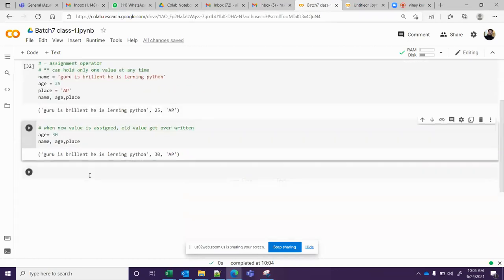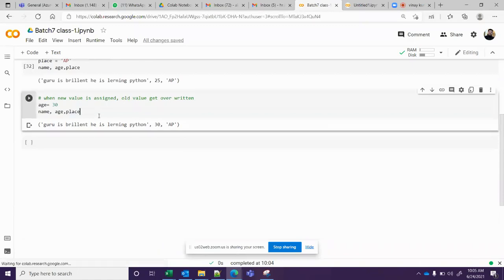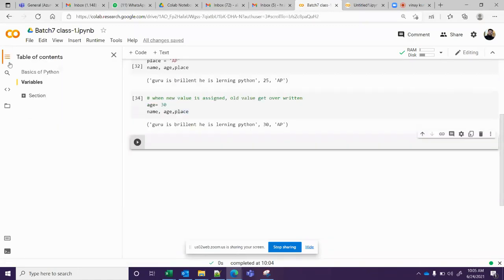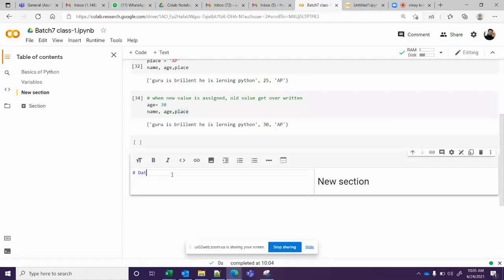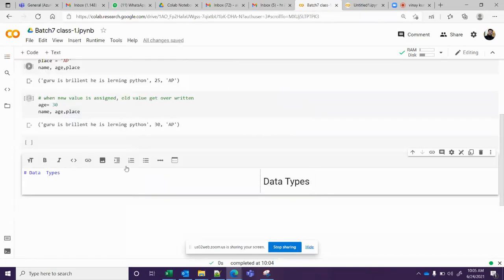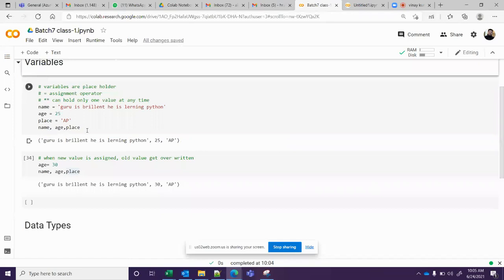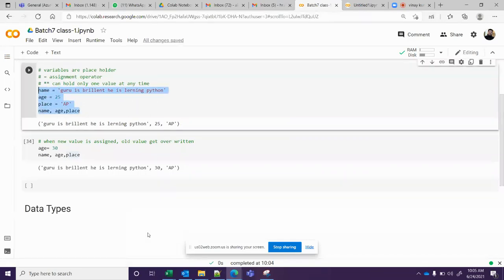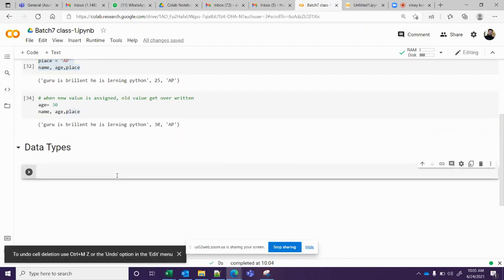Okay, next, talking about variables is done. I'll create one more section and put something called data types. These are all fundamental things we should learn. Data types. Let's see, does anyone know what a data type is? Yes, sir, go ahead. Classification of data items. Data item, classification of data item. Okay.